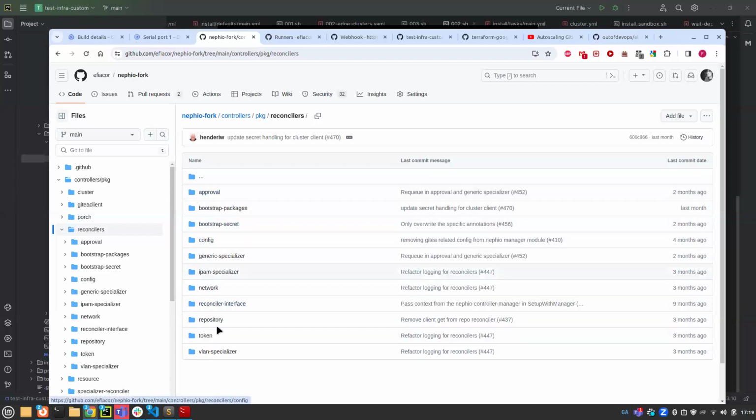I'm primarily focused on doing an end-to-end test on the reconcilers within the Nephew controllers. I don't think you need the network necessarily. In terms of trying to hit as much as possible within the Nephew operator, for example, the IPAM specializer and the generic specializer are only used to do specialization, right? The network controller is the one for the network, but the rest is all management